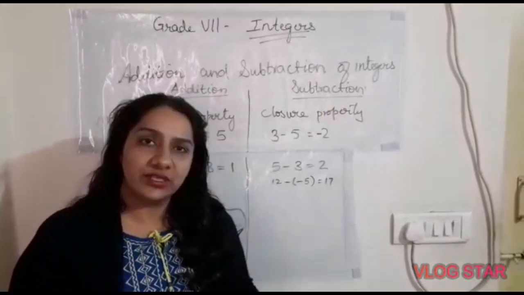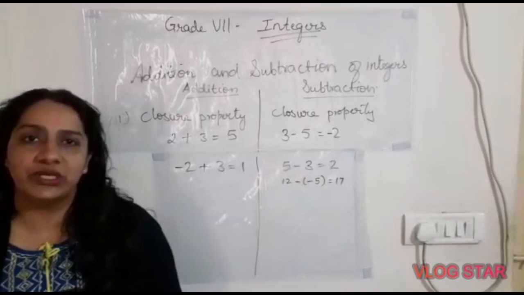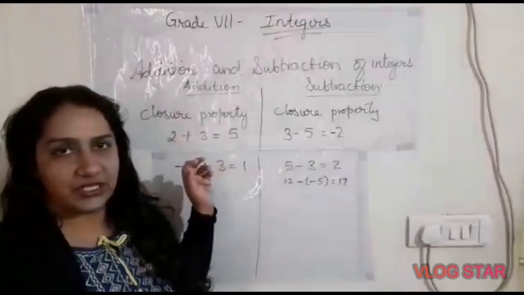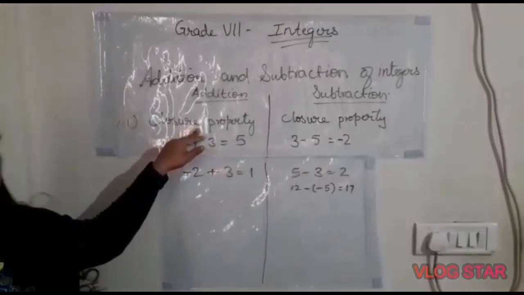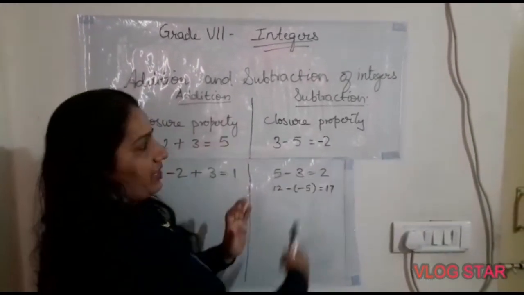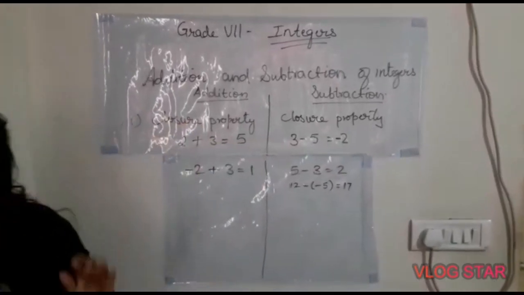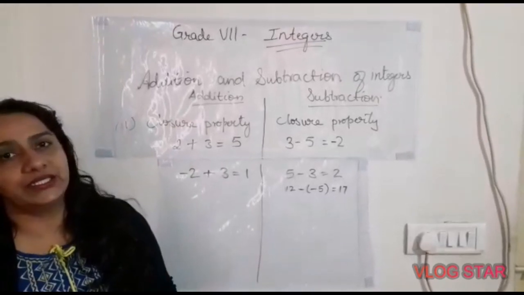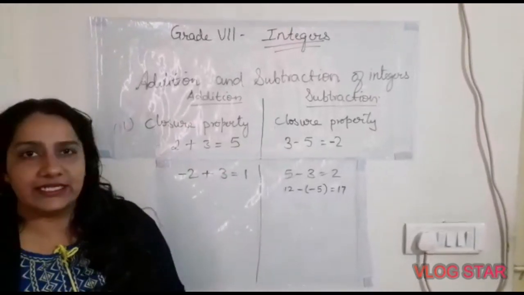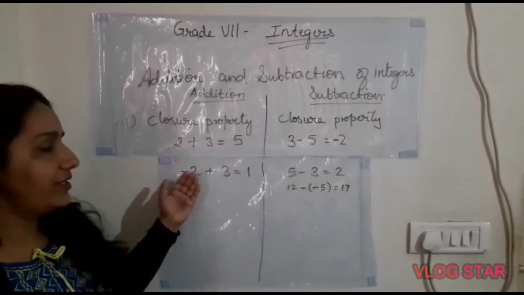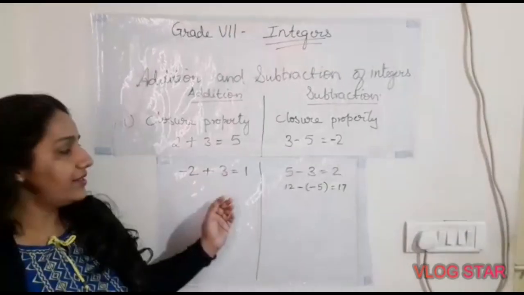When we add or subtract two integers, we have to keep in mind certain properties. The first property is closure property in addition. Let's see in addition first and then we will see in subtraction. The closure property says when an integer is added to another integer, it always gives an integer. So when you add an integer, it can be negative or it can be positive, and the result has to